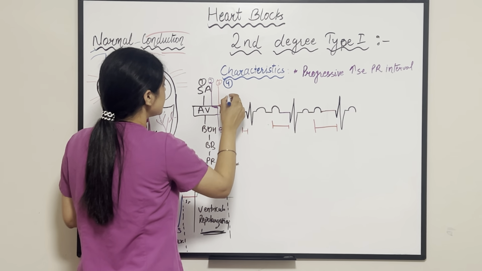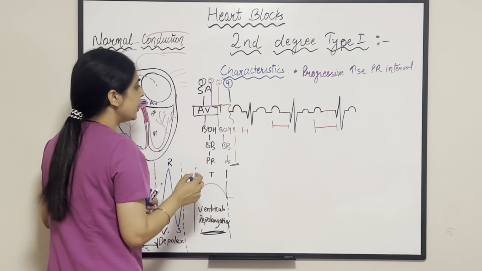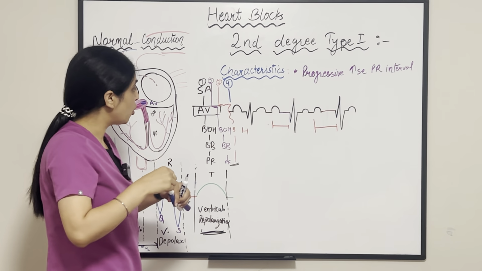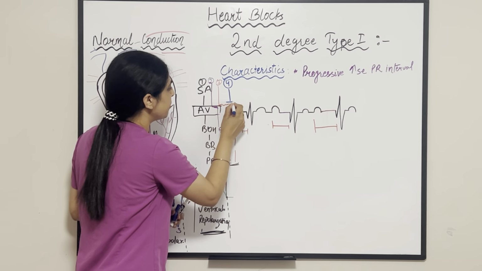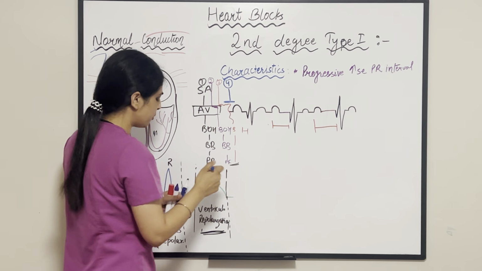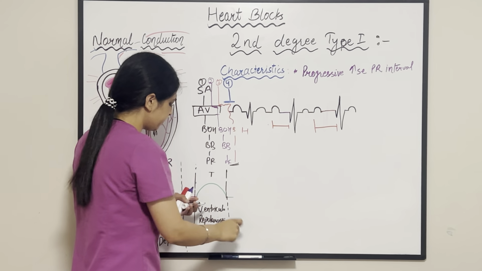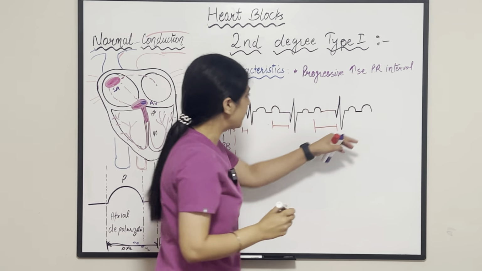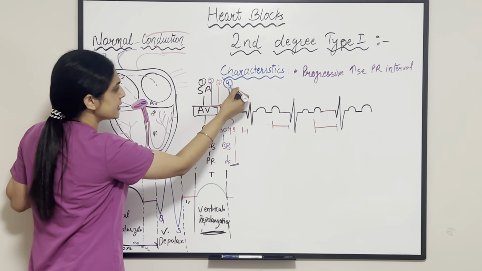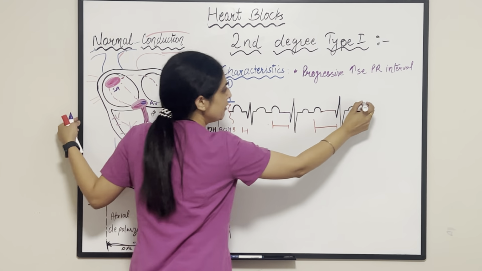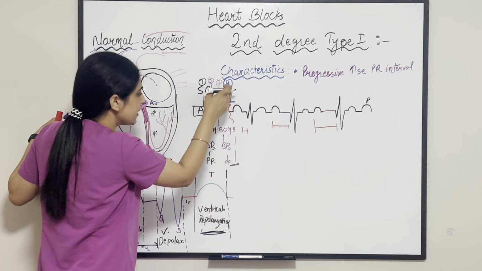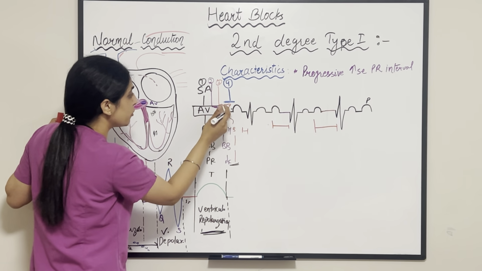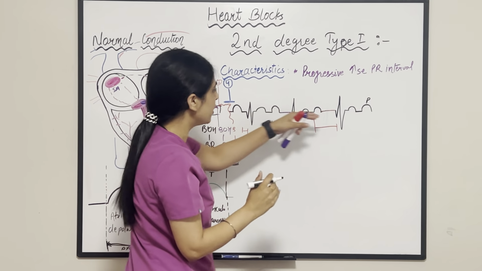The fourth impulse reached the AV node, but at the AV node it faced a complete block. Because it faced a complete block, it doesn't carry to the ventricle. So then what happened? The P wave forms, because this impulse went from the SA node to the AV node, but because this impulse doesn't carry to the ventricles due to a complete block at the AV node,